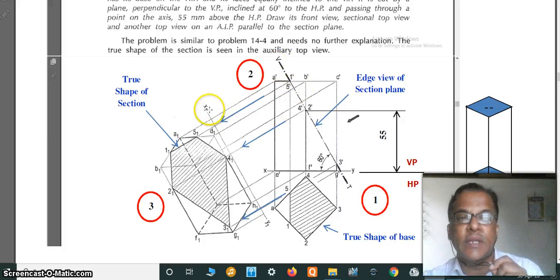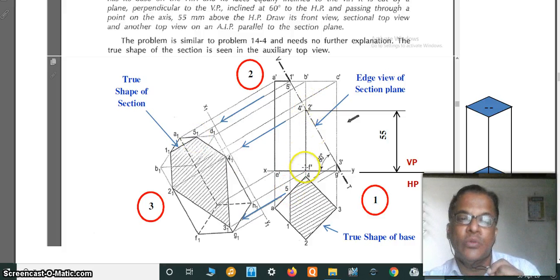So take the reference line x1 y1 parallel to this edge view of the cutting plane or section plane. Then draw the projections from this. Let us start with 1 now. So this is a projector from 1 dash. So this projector is cutting on the x1 y1 here. So from this to this distance is nothing but from this point to 1 point. So reference line xy to 1 is equal to new reference line x1 y1 to 1 1. Similarly 5. So 5 distance is small here. Projector is same. So on the same projector, this distance is equal to this distance.